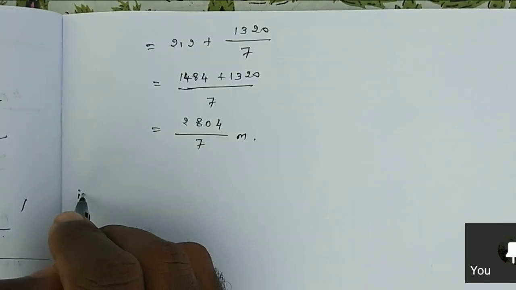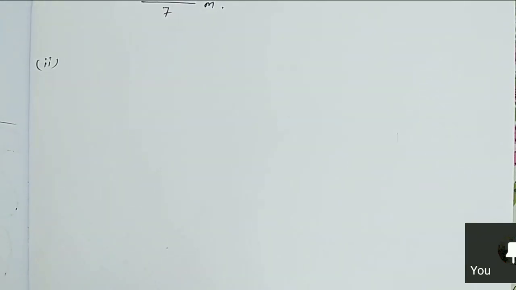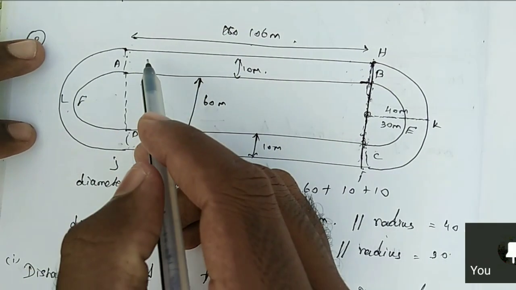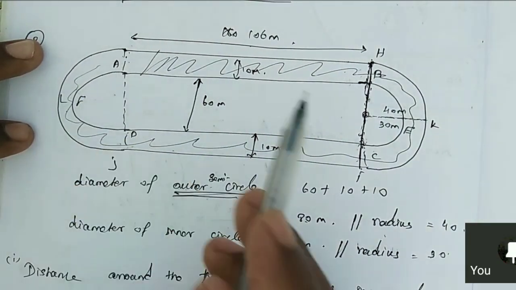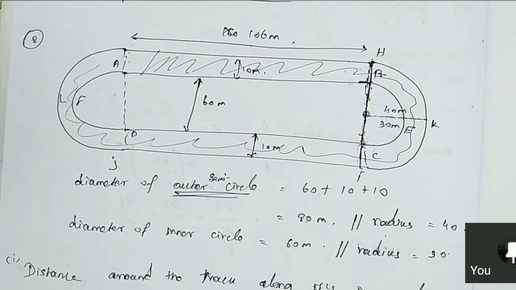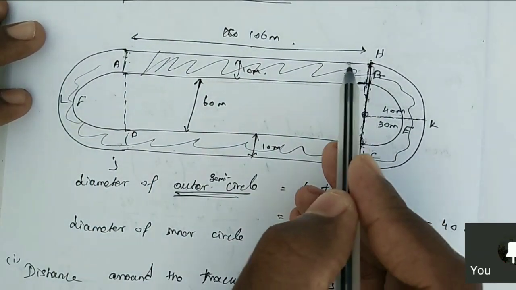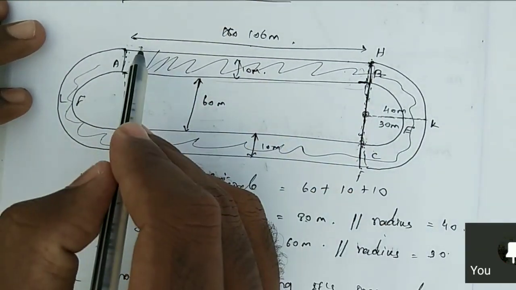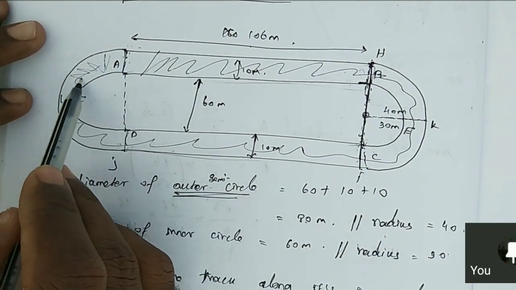Second question, what are they asking? The area of a track. Listen, it's very easy. Actually, the area of a track in a sense, this one, right? Area of the track, this entire area. Clear? So what are we supposed to do for this? We just consider this a rectangle. So find the area of a rectangle. Here also the same rectangle. So area of rectangle plus now this area.